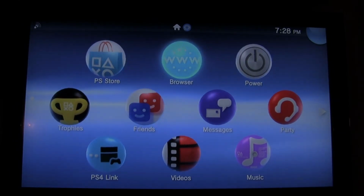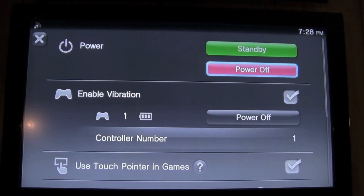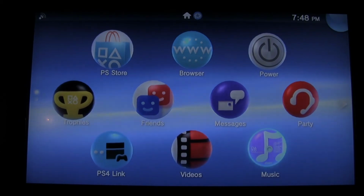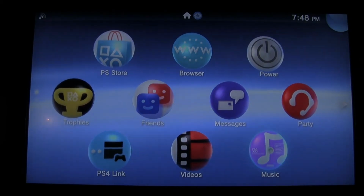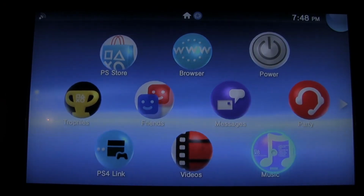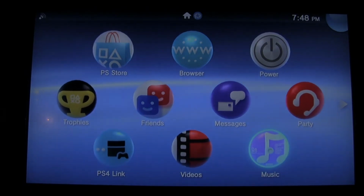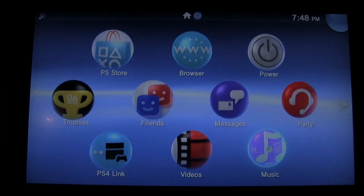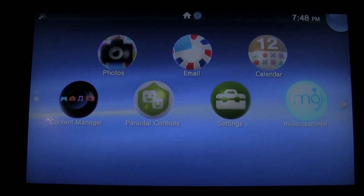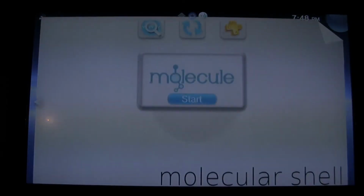We're going to restart our Vita. Alright guys, after the constant rebooting from the browser, I closed off the Vita TV and restarted it, and it finally installed. So I'm going to show you what's going to happen next. After it installs and goes through the install menu, you're going to go down. The first thing you're going to see that's different is Molecular Shell. That's pretty much what we need to get the Vita to go through, right? So we're going to start Molecular Shell